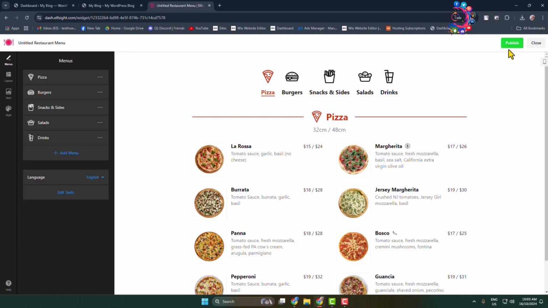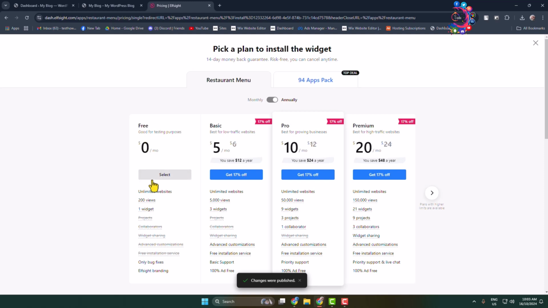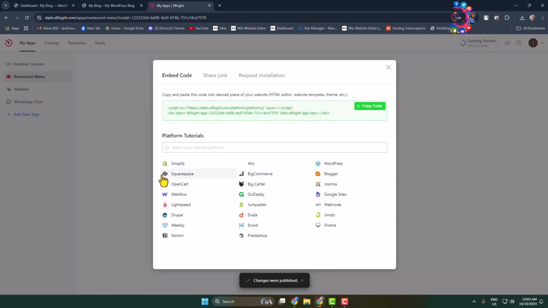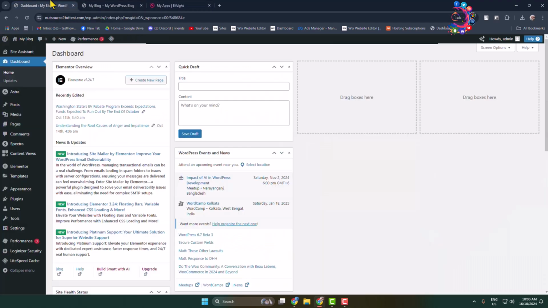and here click on publish, and here select the free plan, and here we can see the embed code. So copy this embed code for the widget, and now go to your WordPress website admin dashboard, and let's create